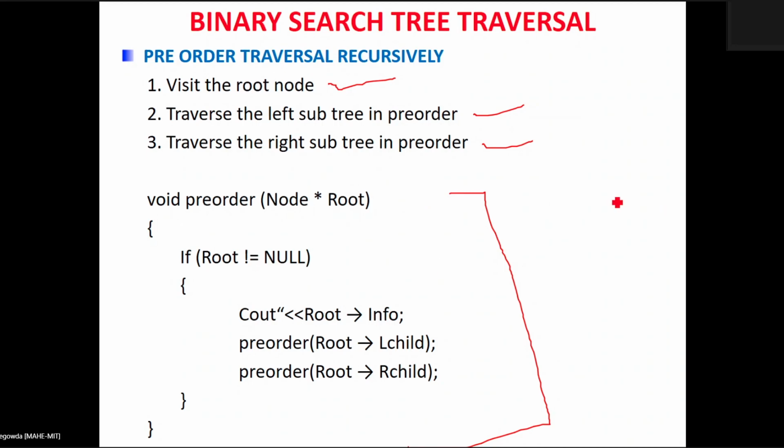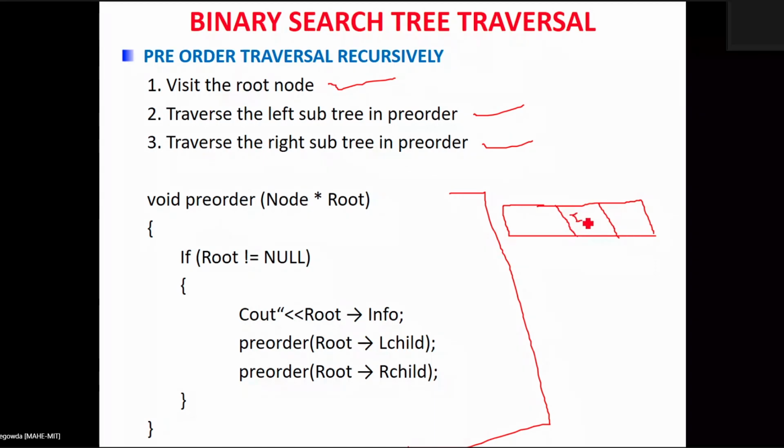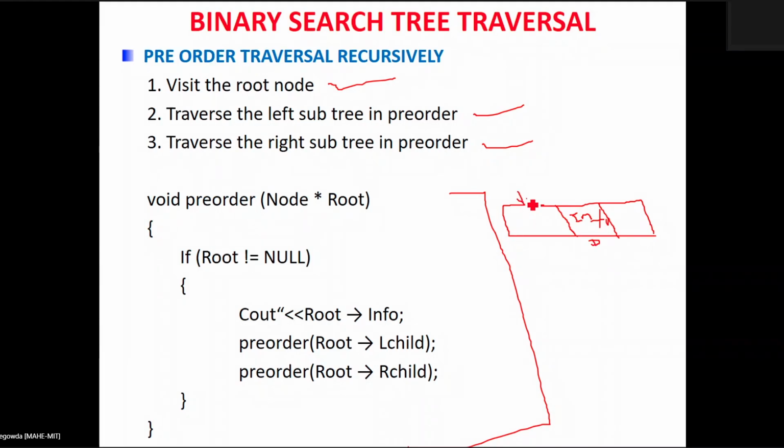For this particular example we are going to have a doubly linked list node of this form. Here the middle field is nothing but the info. This is the field which is used to store the info. Info is nothing but the data which we are going to store there. And this field is the link field, used to hold the address of the left child, which we call the left child here. Similarly, this field is called the right link, used to hold the address of the right child.